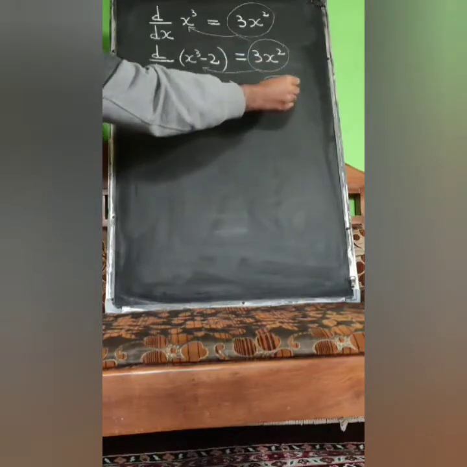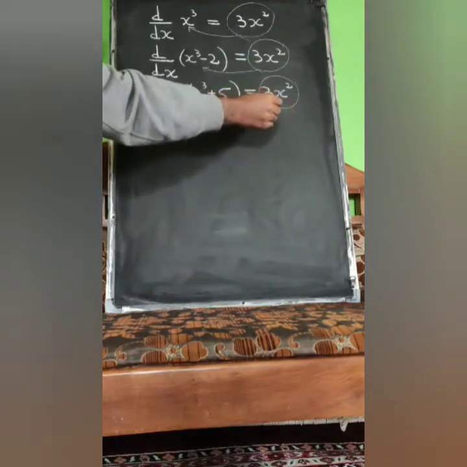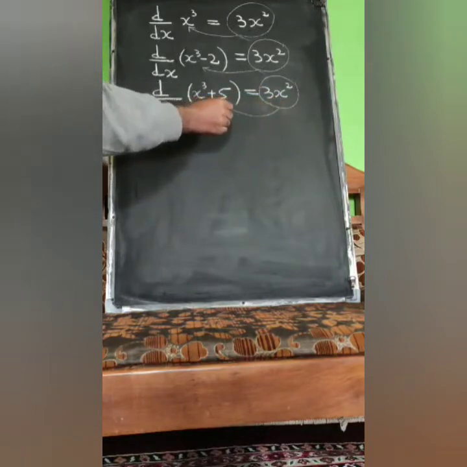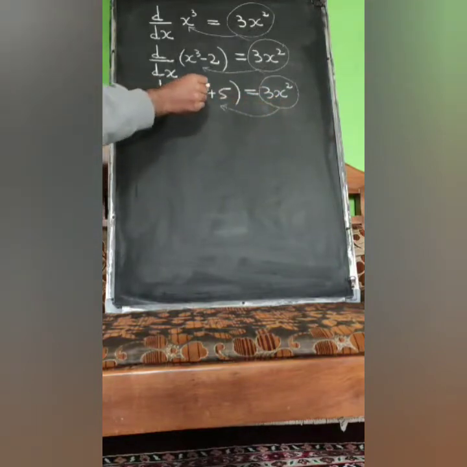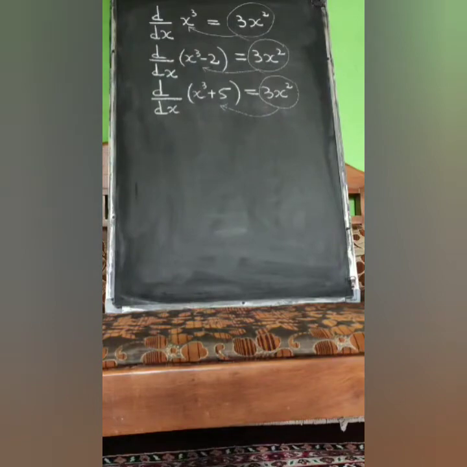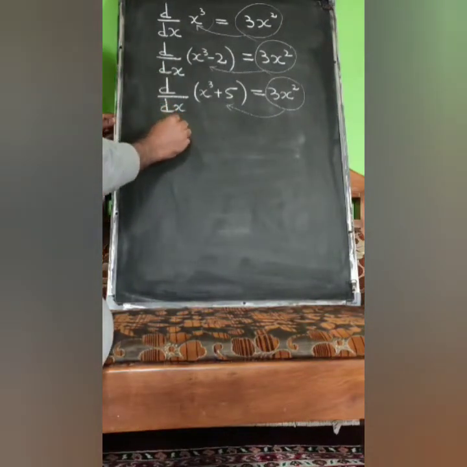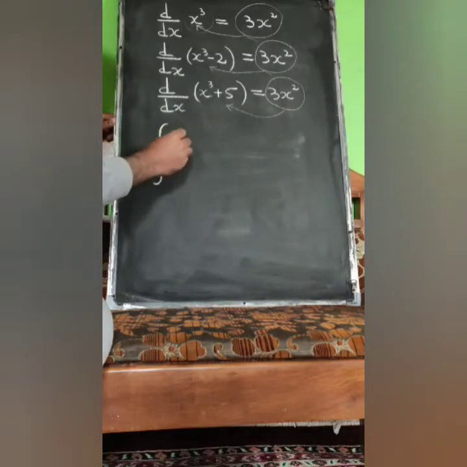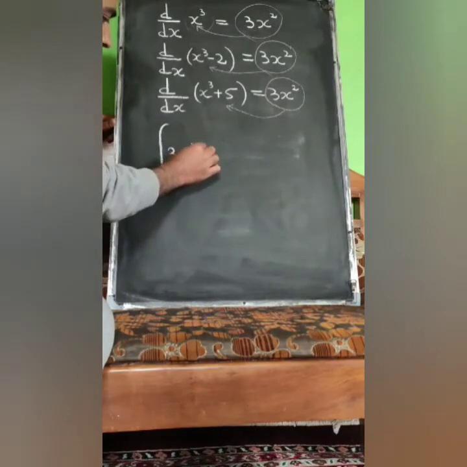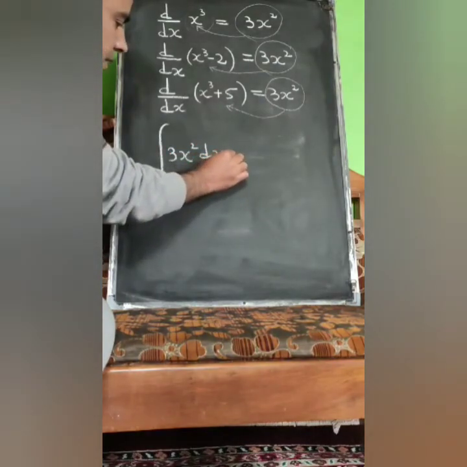That means antiderivative or integration of 3x square is equal to x cube plus 5. But we have just learned that integration or antiderivative of 3x square is equal to